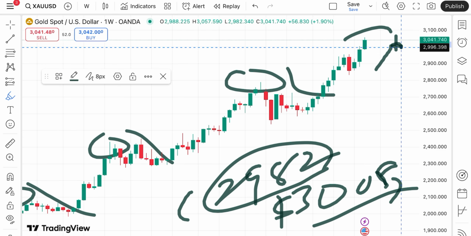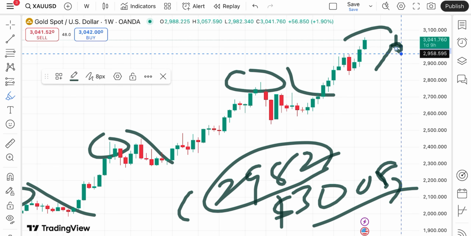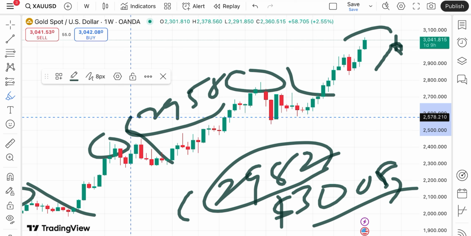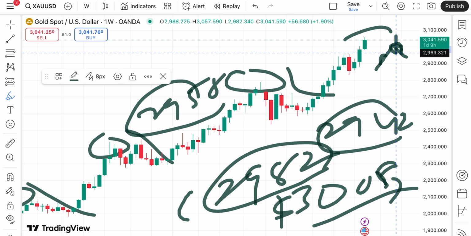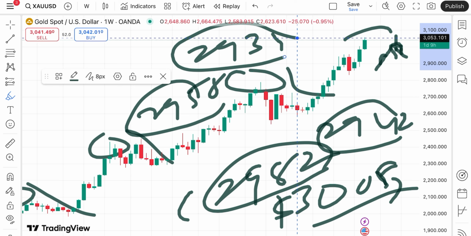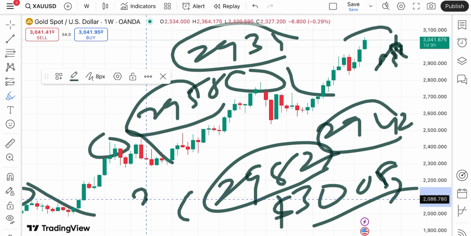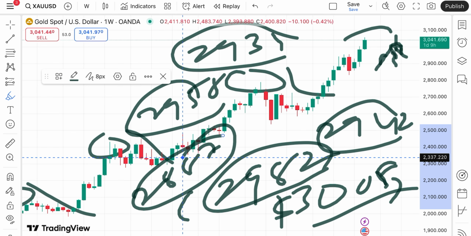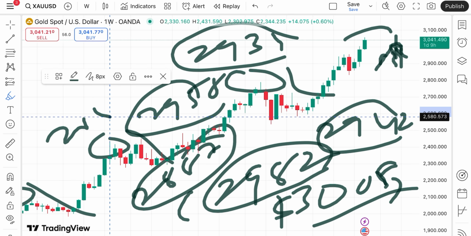Okay, and if the price started falling below a level of $29.82, a further downfall we can see towards a level of around $29.58. Okay, and if the price started falling below that particular level, chance of going towards $29.34 is there. Suppose if the price started falling below $29.34, we will see a level of around $28.87, and once the price started falling below a level of $28.84, we can see a further downfall towards a level of $28.80.